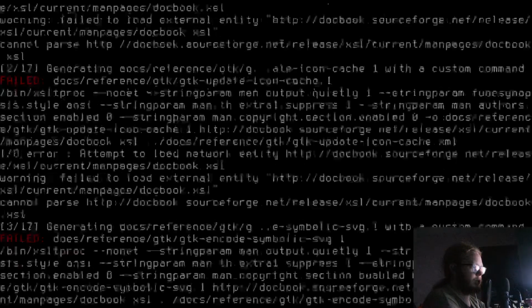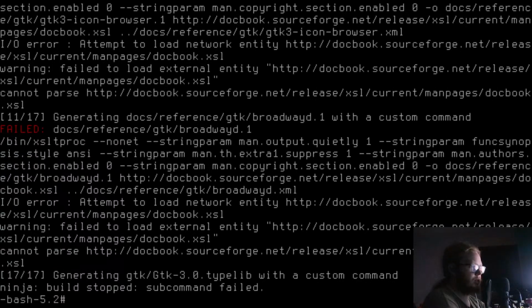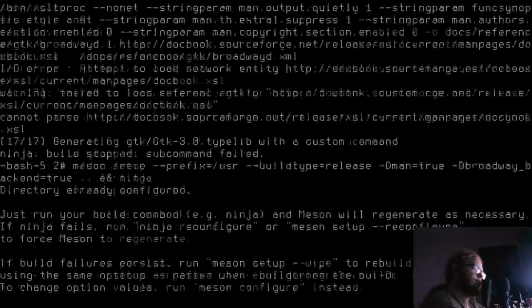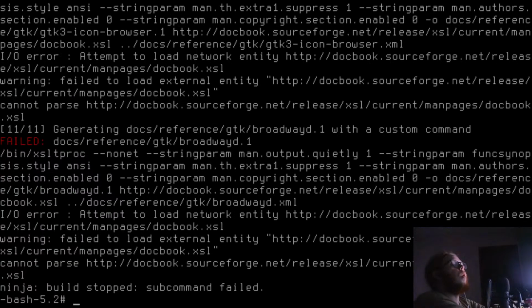Why? Oh, your GPD Pocket. Why don't you want to work?